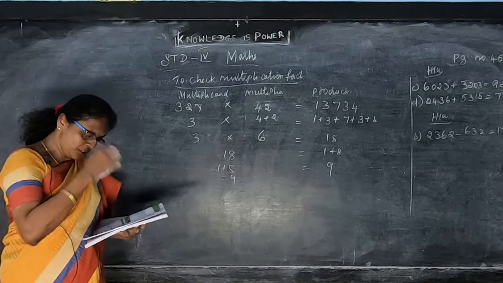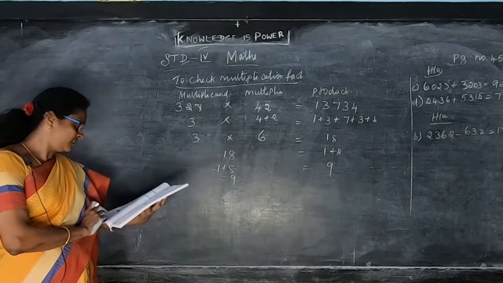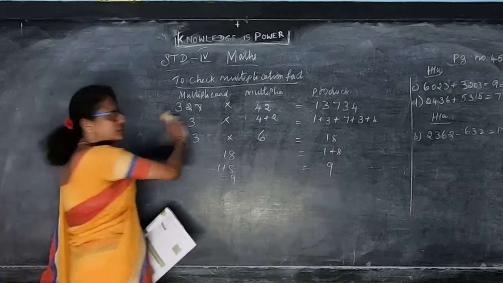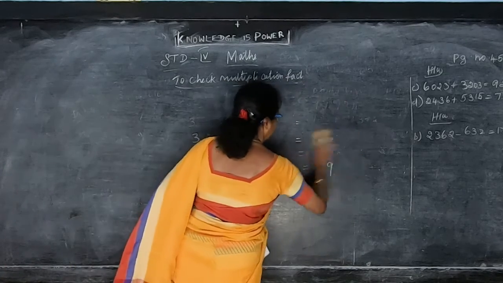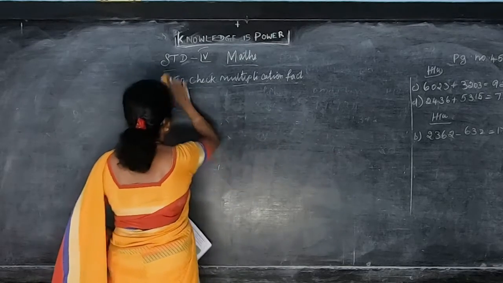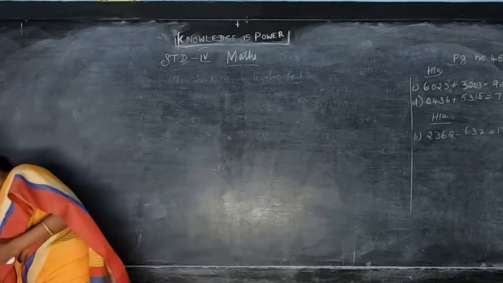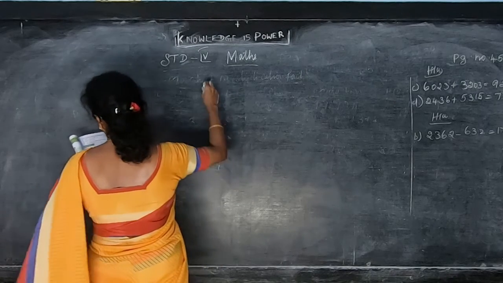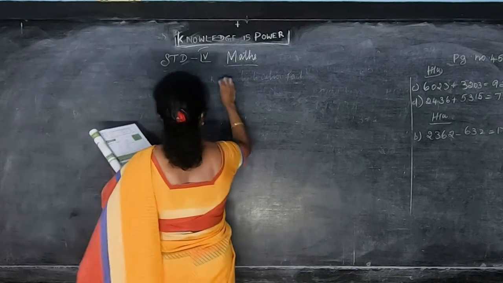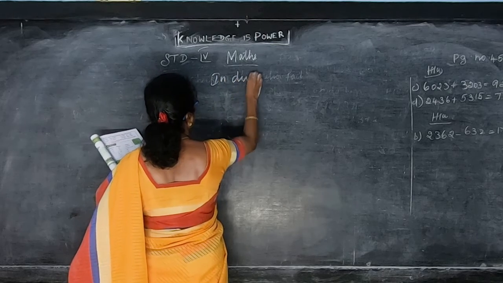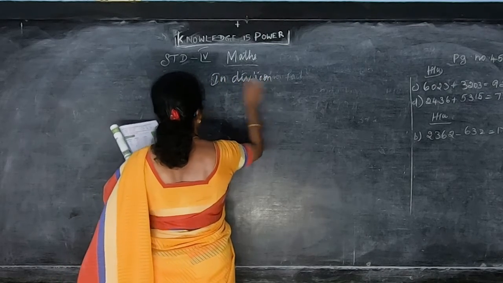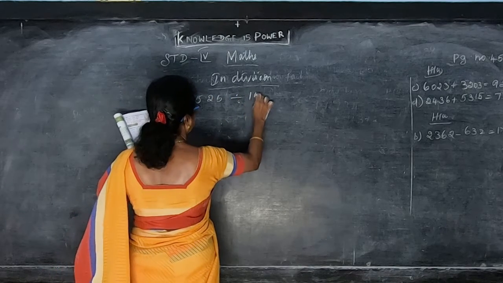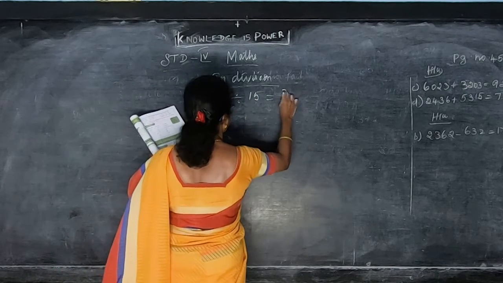And then even in division also they are given like that. So in division, okay, in division also the same thing they are given. Quotient method. So in division, how to do it? How to do division: 525 divided by 15. They will give the answer also, is equal to 35.